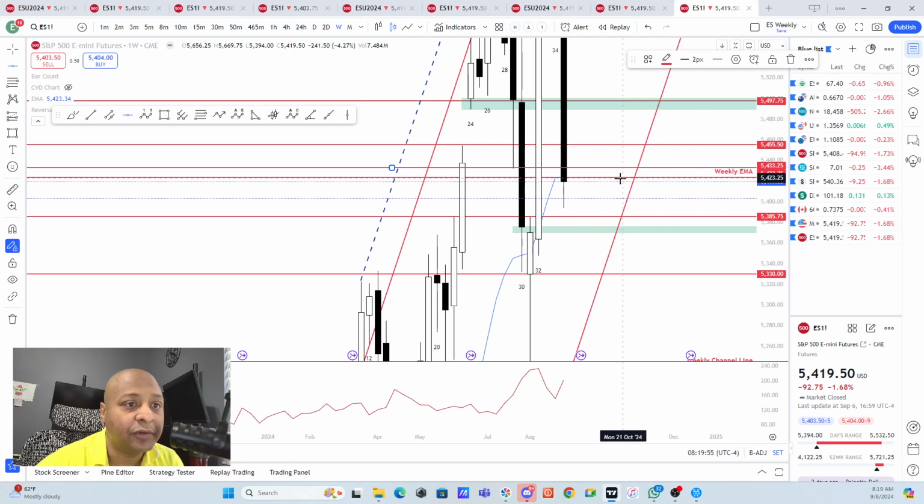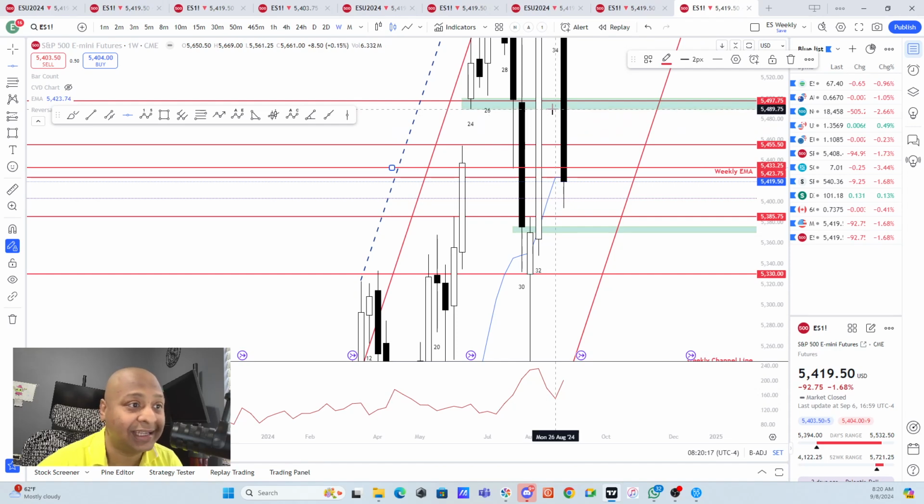If we can get above the weekly 20 EMA, the first resistance line will be around this 5433 or the 34 area. This has been a very good resistance line on Friday as well. And if we get above that, the next point of resistance will be found at the 5455 level based on the weekly chart. And then we can get inside this previous gap area as well, and we can continue up